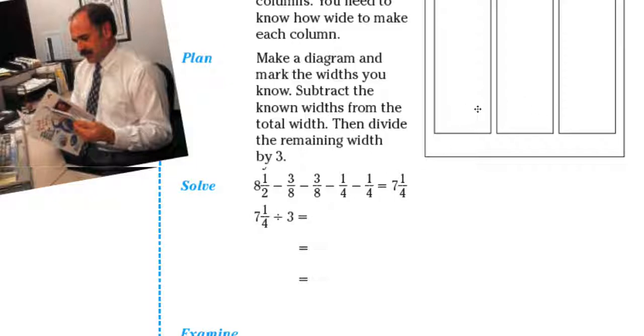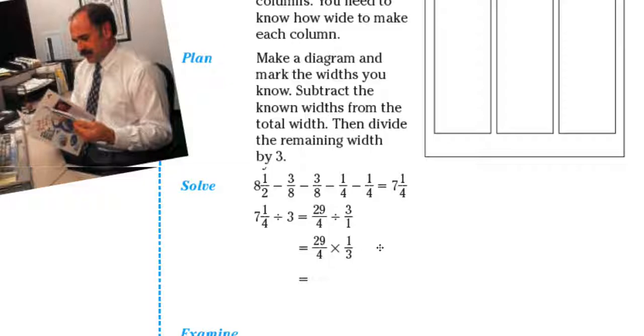Why 3? Because there are 3 columns. Okay, and then we apply the rule of division with fractions. So 7 1/4 divided by 3, let's convert this into an improper fraction, which is 29/4, and we get the reciprocal, and we simply put 3 first, okay, 3/1. And then we use the division of fractions rule, 29/4 multiplied by the reciprocal of 3, which is 1/3, okay,